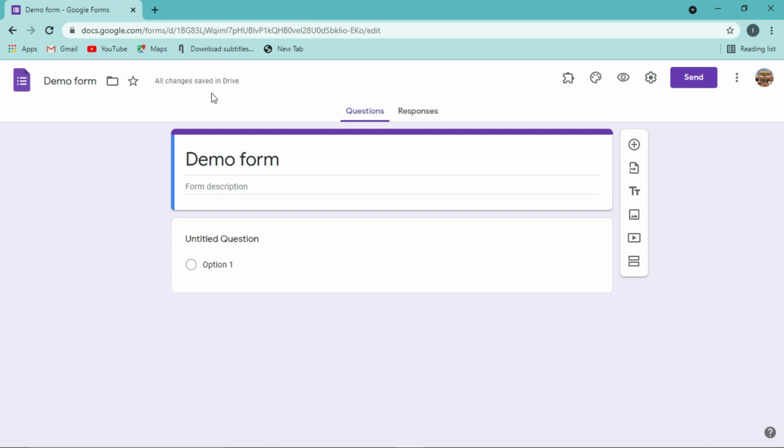Whatever change you make, that gets saved in Drive automatically. You don't have to save each process, because it's a